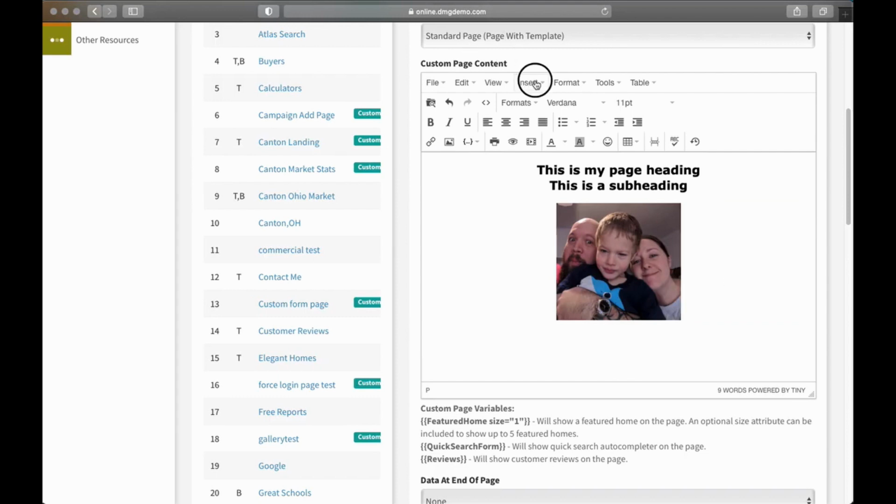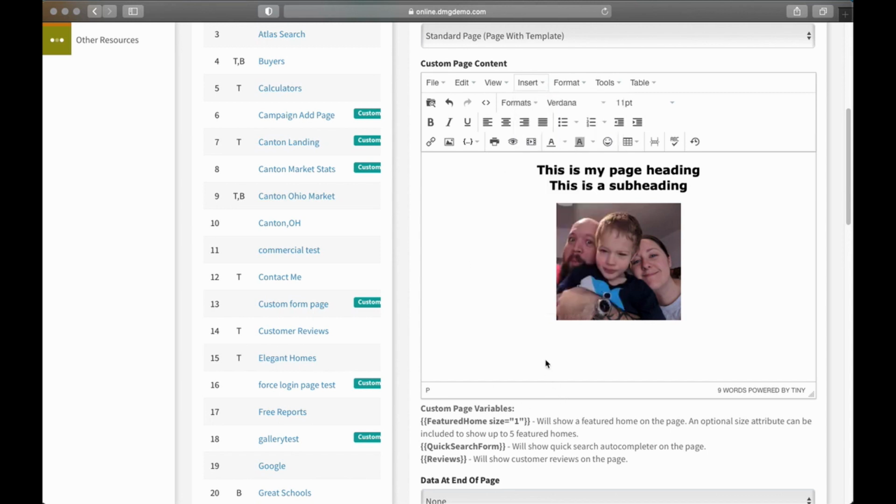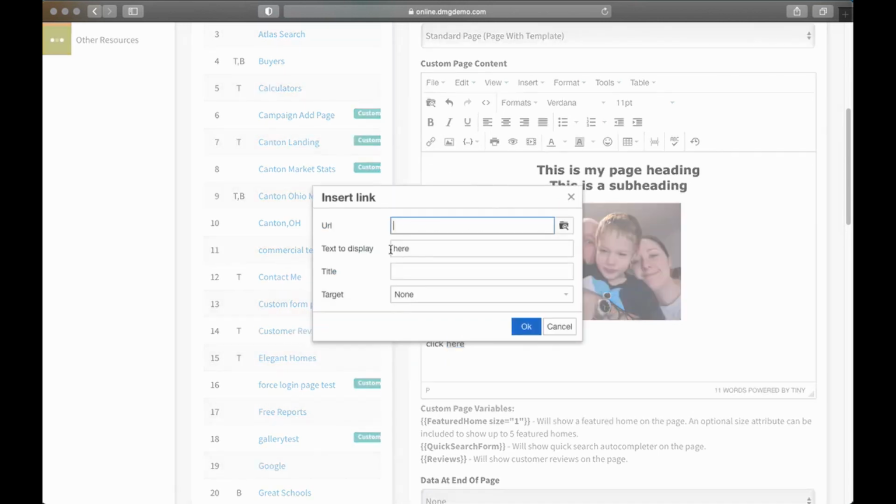Now the next thing I can do is I can insert media, so that works in much the same way, or actually, well, we'll do link first. So for a link, I can either insert a link, which would be the same as clicking this button here, which this is also a shortcut to insert the image. But what I'll do oftentimes for link is I'll say something like, click here, and then I'll highlight the portion I want to turn into a link, and then I'll click on my link button. That way it fills in the text for me